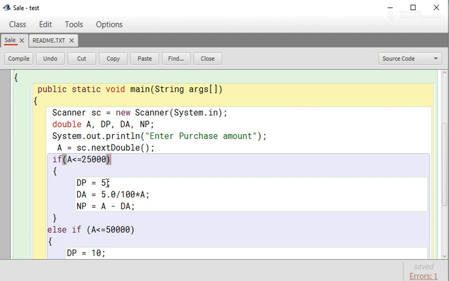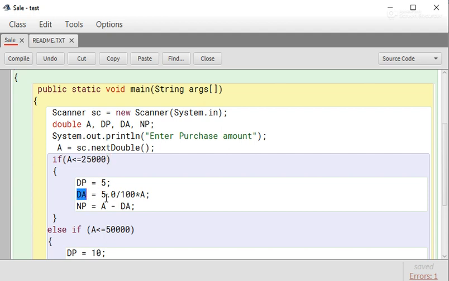Here we cannot write percent sign because dp is the double variable and it will not store any character. So we have to assume only that dp is in percentage. dp equals 5, that means discount percent equals 5. Now discount amount.